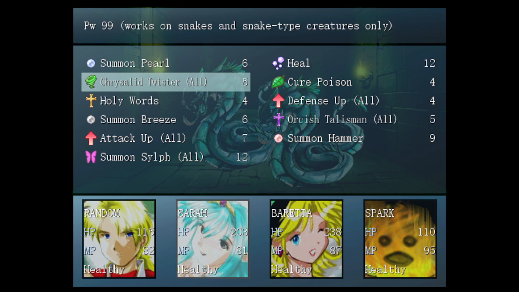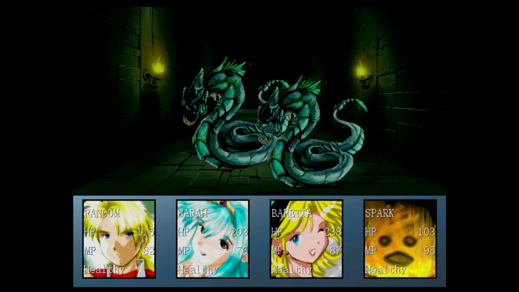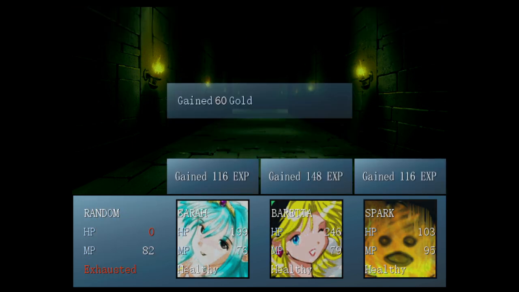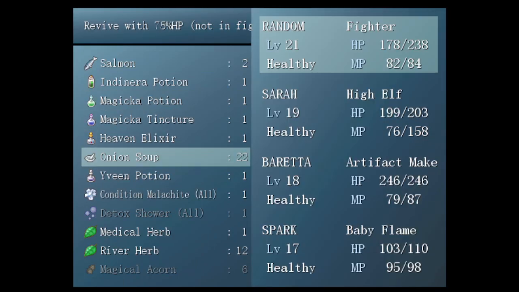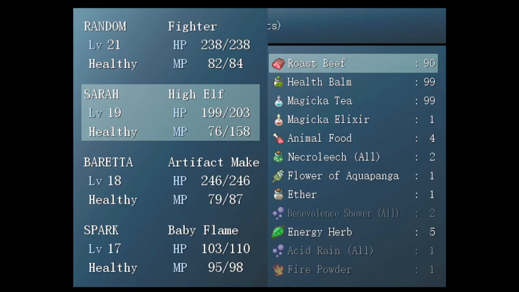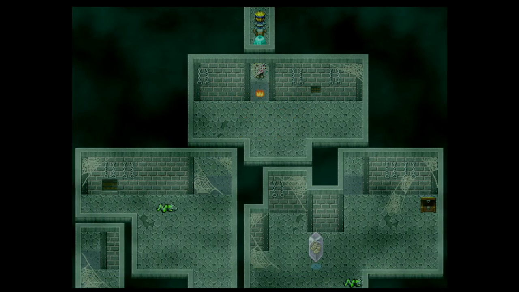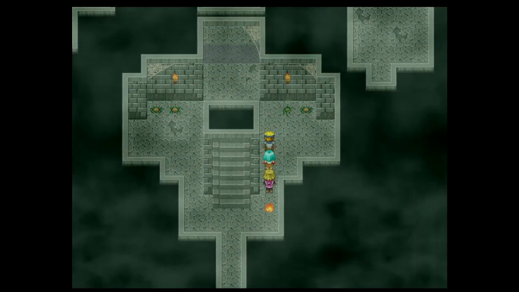Now, we're using Spark. Hopefully we don't have to use Spark the entire time, but there is a very good reason why we're starting out with Spark at least. Alright, so we're 5 seconds in and already Random has died, so you can see these onion soups most likely are not going to last us the entire time. Anyways, we grab the small key. Once we have that...